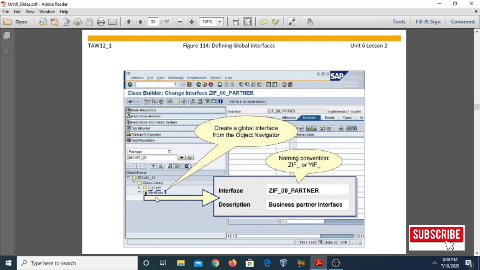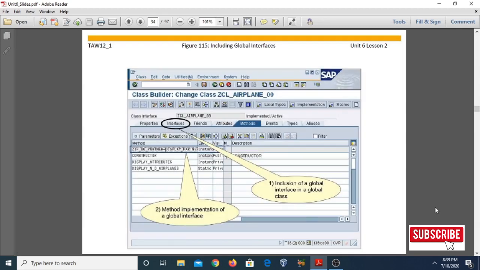If you want to give a name to any interface, just use the prefix ZIF underscore or YIF underscore. By this you can give the name of the interface, and then you can also give the description and then click on create. So it will create an interface.